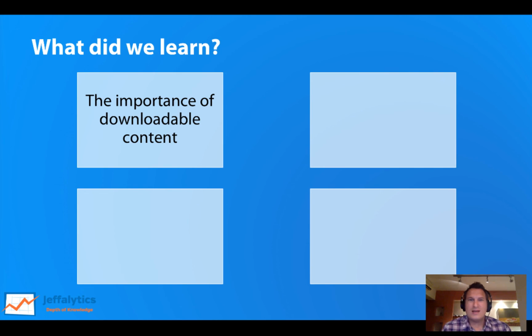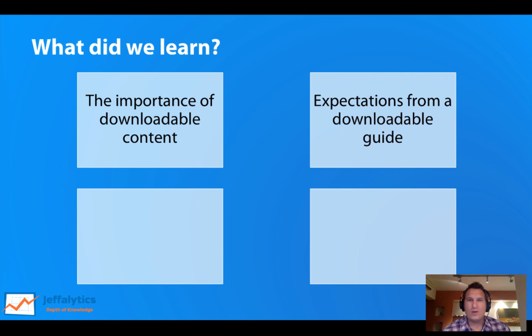So the importance of downloadable content. It's not deniable that if somebody is willing to give you their email address, you have to give them some really good content. But if it's good content, they're willing to give you their email address, and they're willing to listen to a few more things that you might have to say. What you can expect from a downloadable guide: setting expectations with your user, and then also